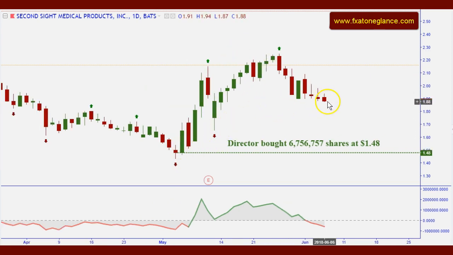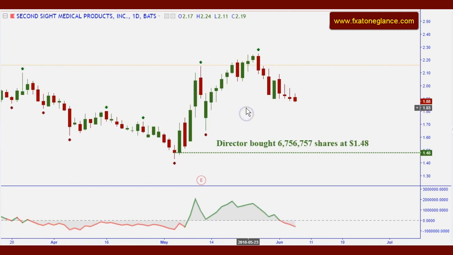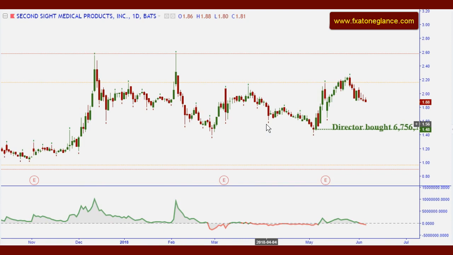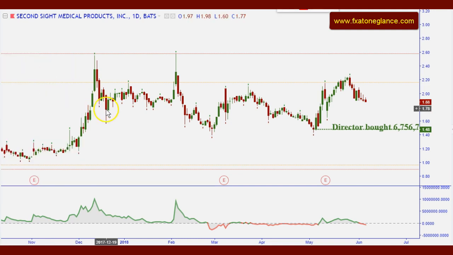Now he's purchased throughout here, and he hasn't purchased as much as he did here, and there wasn't much of an effect on the market lately. So for me, when I'm looking at this right now, I need the market to get to a level where I feel comfortable to make a trade. So when I look at just basic support and resistance, I don't have a super strong level that I'm really looking at. So I'm going to put Ichimoku back on the chart, but I'm going to look at some of